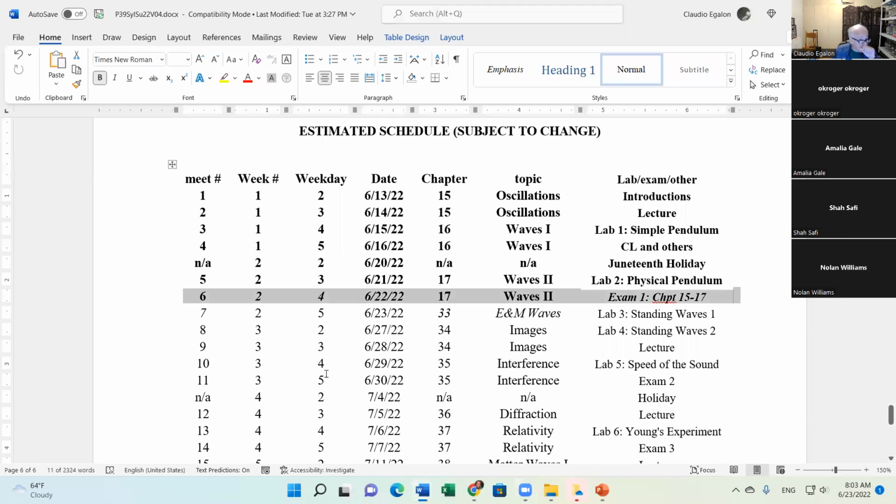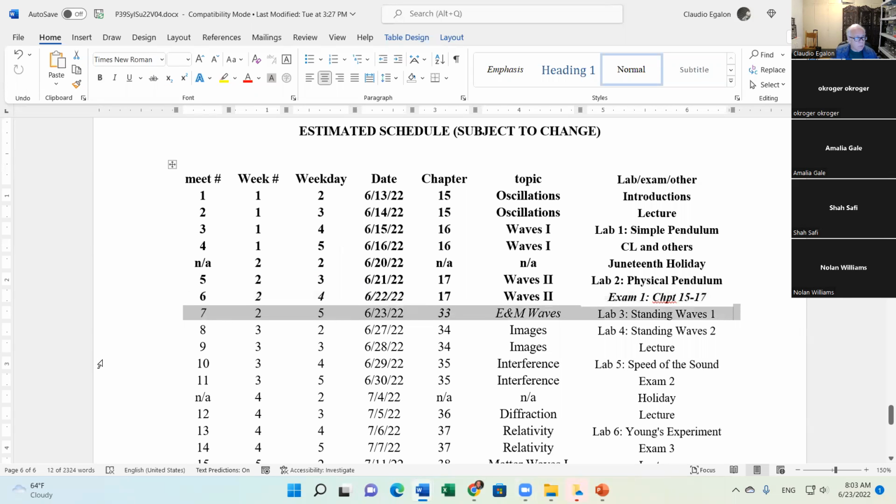Okay, so that's the schedule here that we have right now. We are going to look into the electromagnetic waves today. And we're going to do this lab, so-called lab, right? Virtual lab. We finish